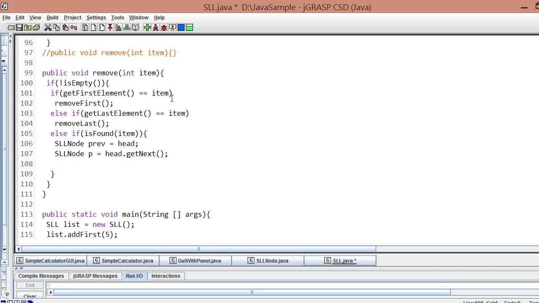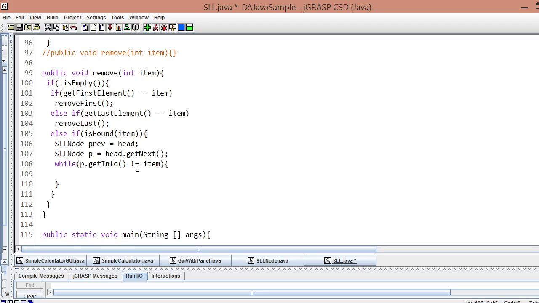Then, we will check, because we are sure that the item is already there. It only enters here if the item is found. So because we are sure that the item is just there and we have to remove that, let's write there while p dot get info, to get the value we will use get info. So p dot get info while it is not equal to the item, then let prev move.